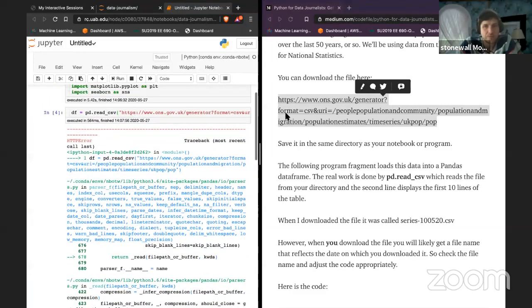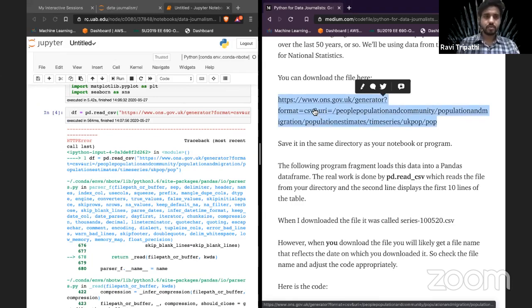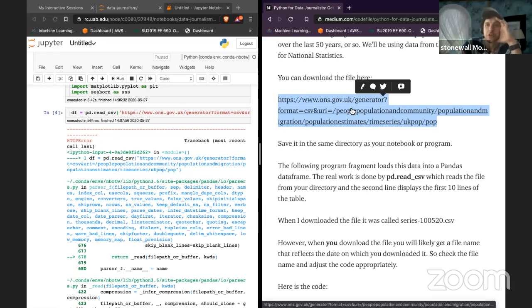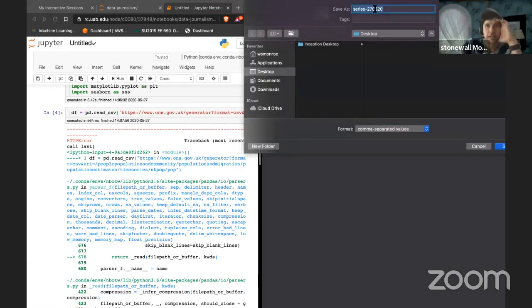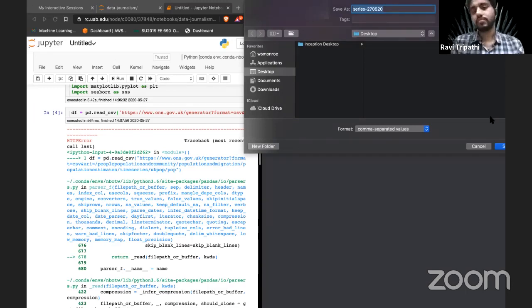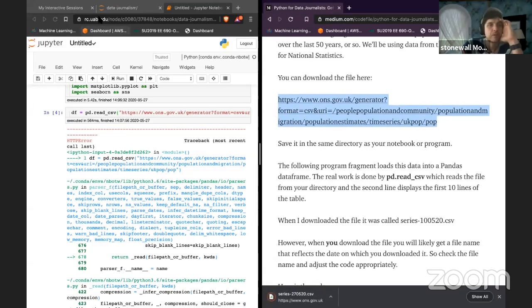Okay. Let's search pandas. Oh, it's because it's generating a CSV. There's not a CSV that's already there. Oh, okay. So when I click on this, it's generating a CSV. All right, so if I save that there,